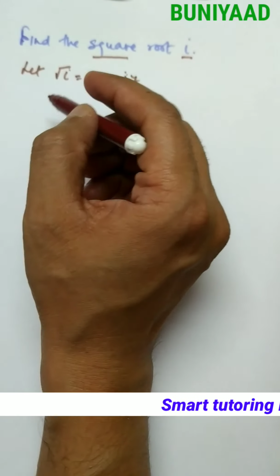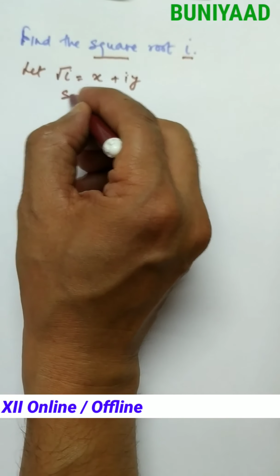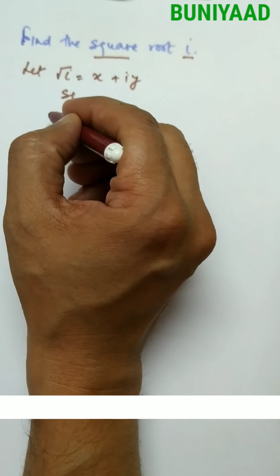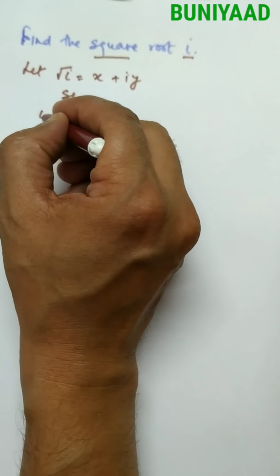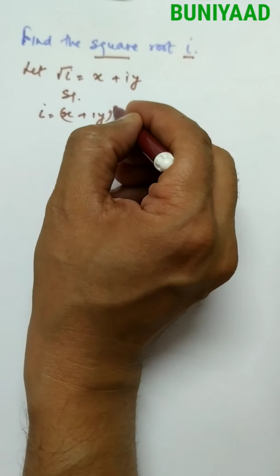Now how will you remove the square root? By squaring both sides. So on squaring, this root iota becomes iota, and this is (x plus iota y) whole